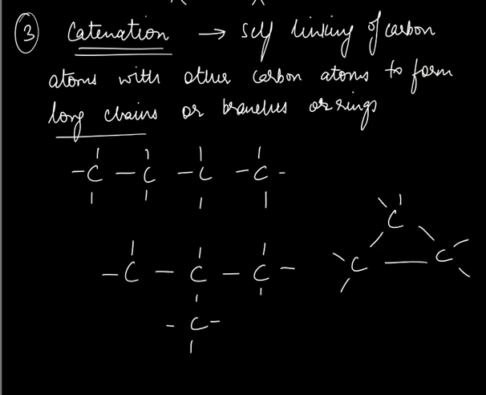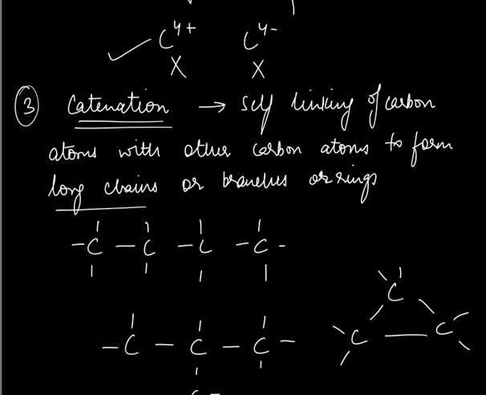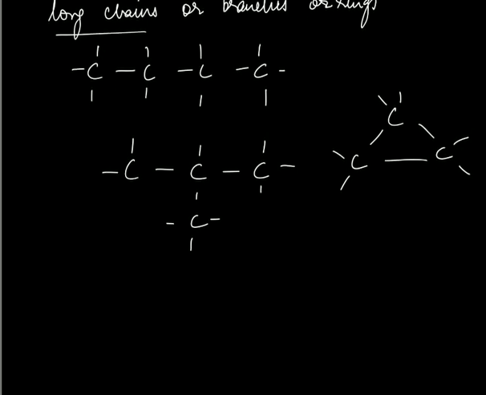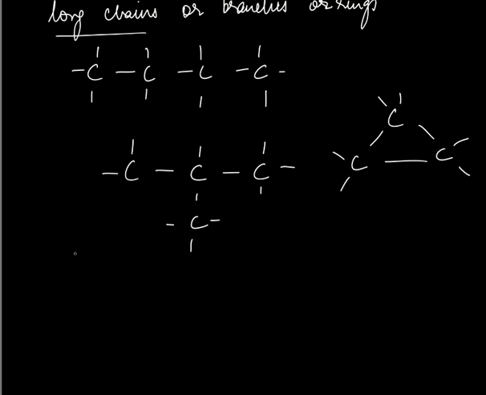So that's catenation. Catenation is not only shown by carbon; it can be seen with other elements also. It can be seen in silicon, in nitrogen, in phosphorus, and many other elements, but carbon is doing a wonderful job when it comes to catenation. Why? Because of its small size, it can form multiple bonds. Carbon's catenation strength, or ability, is more compared